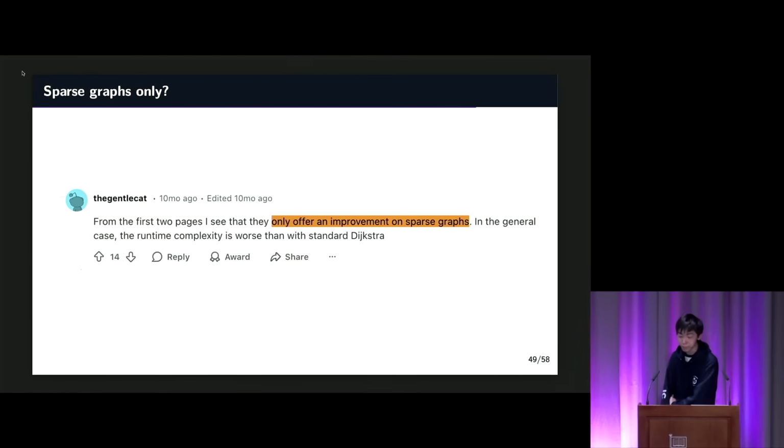We have an algorithm that solves the problem in m times log n to the power 2/3 time, but as you may know, since Dijkstra takes n log n plus m time, this improvement is only meaningful on sparse graphs, but not in general. Well, regardless, an improvement is considered an improvement, and this is still seen as a very significant breakthrough for the SSSP problem, which won the Best Paper Award at the 2025 Symposium on Theory of Computing.